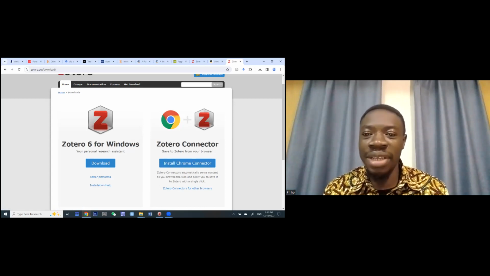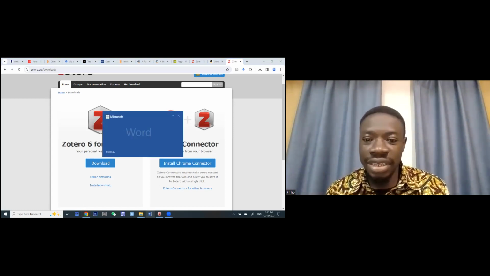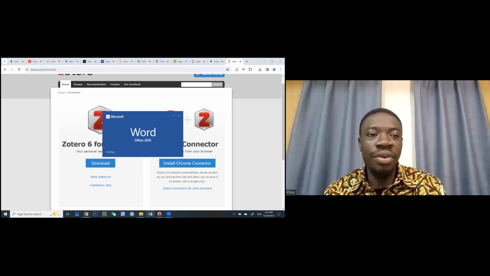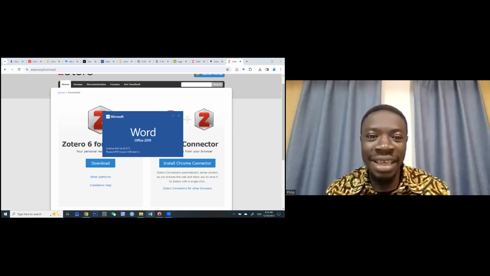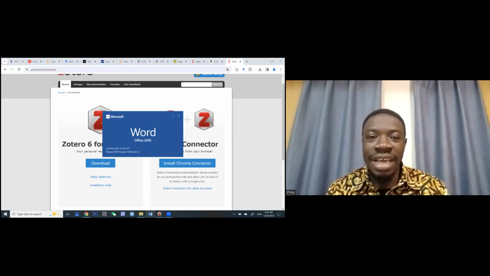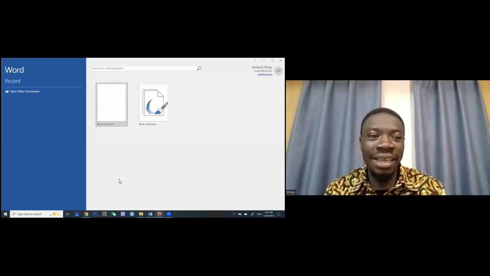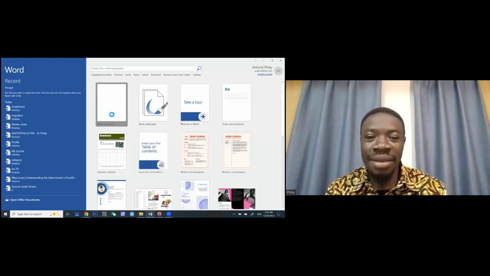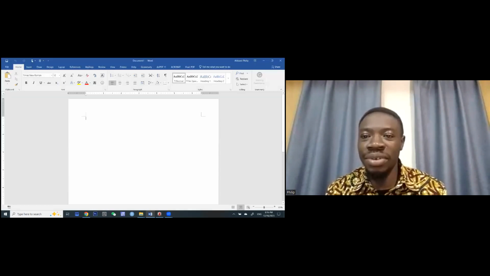So if you're able to correctly install the Zotero app, I captured all these things in the instruction I sent out. When you're installing, it will be good for you to close any open word processor or Word document so that it doesn't interfere with the installation process. So you have to first close all open Word documents and then run the software and it installs. If it installs correctly, you should see the Zotero tab appear in your Word. So if you open a new document, you would be able to,